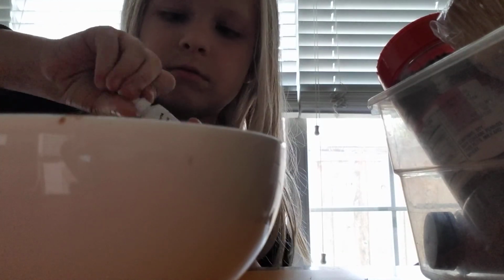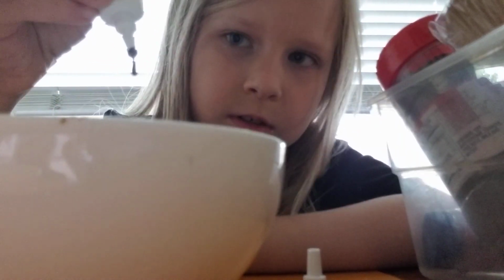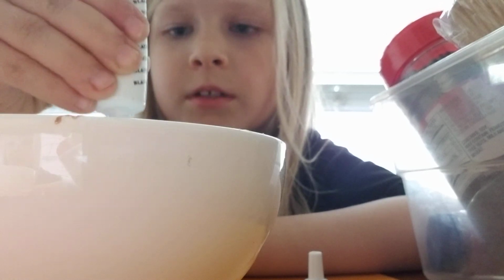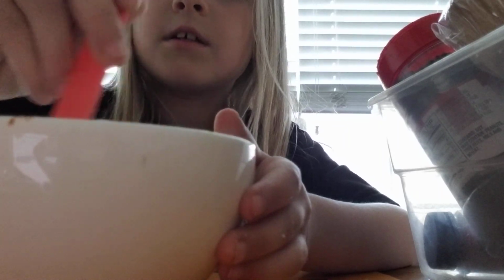And you're going to want to get your food coloring, and open it. Food gel also works. If you're using food gel, just get a little bit and dip it in with a toothpick or whatever. This is also food gel, but it's in a tube. If you're using liquid food coloring, just add like 4 to 5 drops. Then screw the lid back on, or just pop it on, depending on what kind. Then you're going to want to mix it up, mix in the color, but still, don't make it to where it's solid yet,